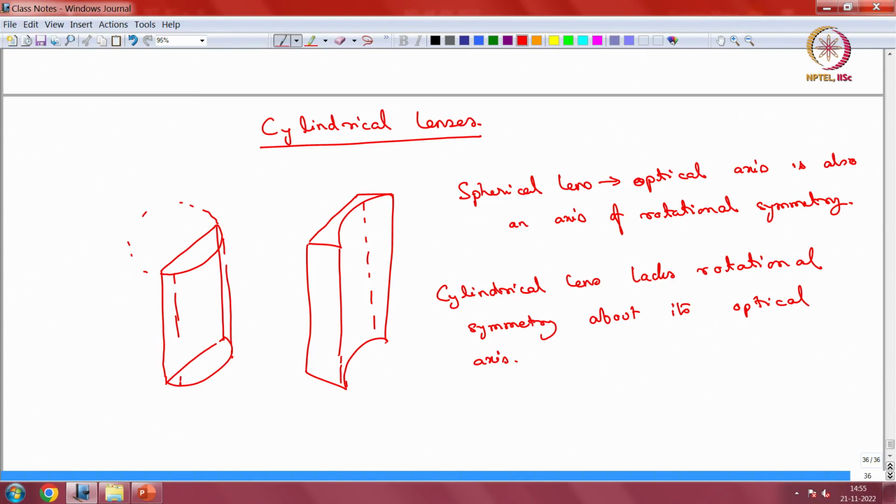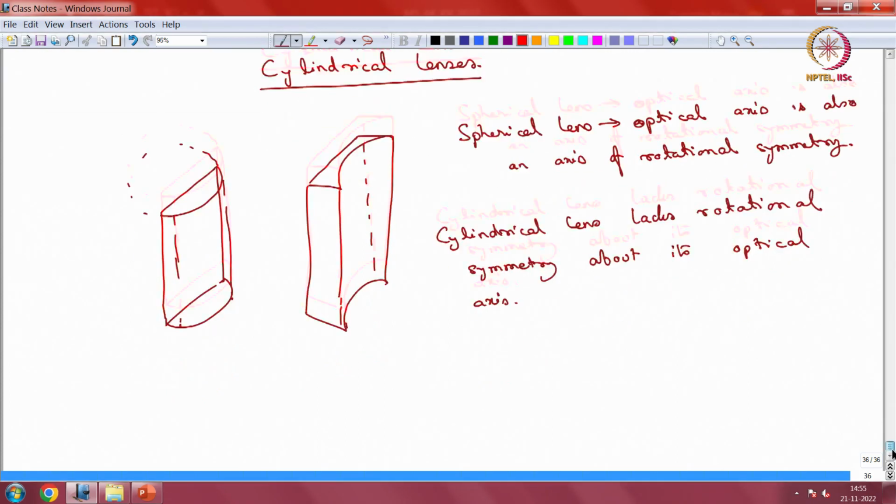Whereas a spherical lens will produce a point focus for a point object, a cylindrical lens produces a line for a point object. So, the image of a point object in the case of cylindrical lenses is a line. Now, you might want to ask why this is, how is this helpful? We will see that in PIV, particle image velocimetry,